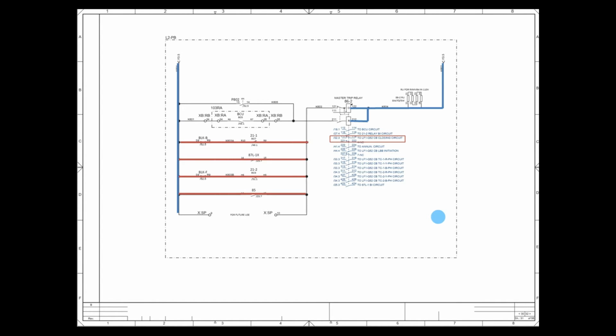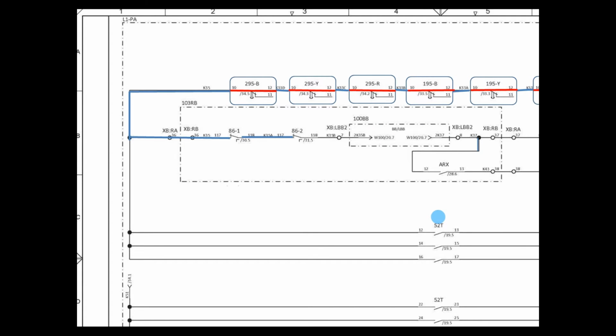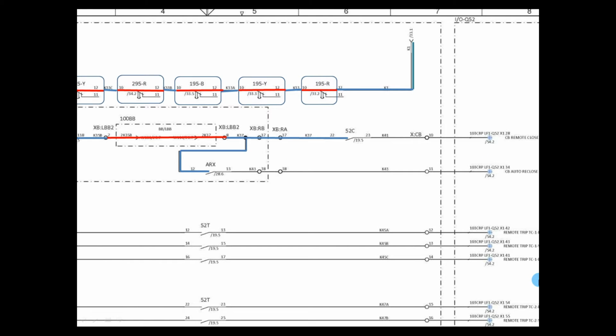Once it is reset, or if there is no protection trip occurring, then the positive will directly come to this TB7. After this, it is checking the LBB protection. That means it is cross verifying whether any LBB is operating in the bay or in that circuit. After this, it reaches this TB8. From this TB, you can see that two parallel circuits are going to CB close. One is getting close command by 52C, another one is getting close command by ARX.